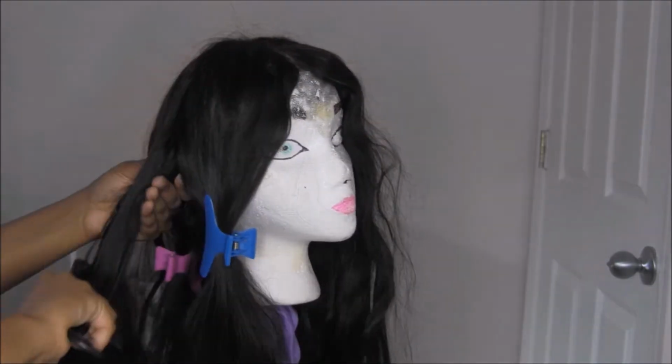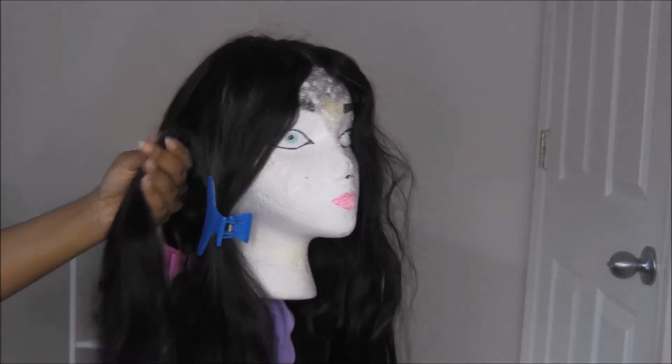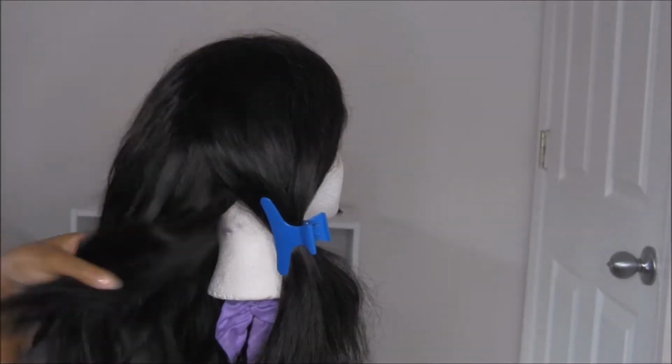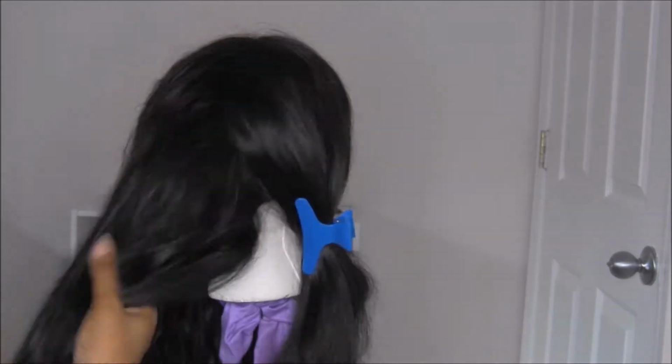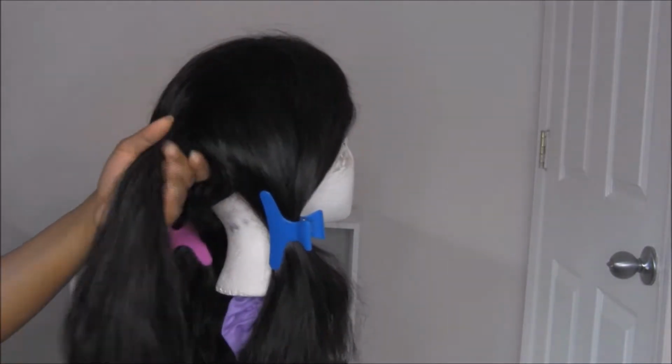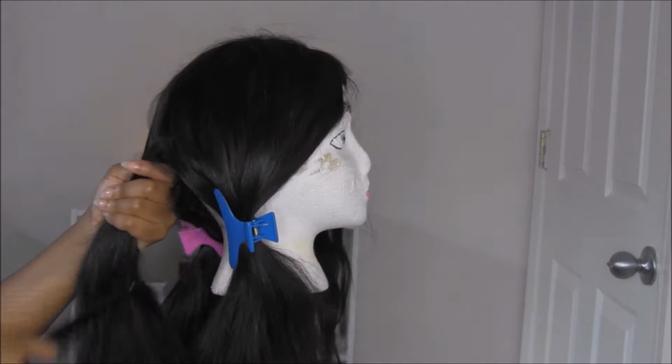I already have a lot of hair on my head naturally, so putting extra hair up there it's just not a good look. It makes me hot and sweaty, and the hair sticks to my neck and my face and forehead. I can't. So right here I'm just detangling the wig, and when I get done fixing this unit all